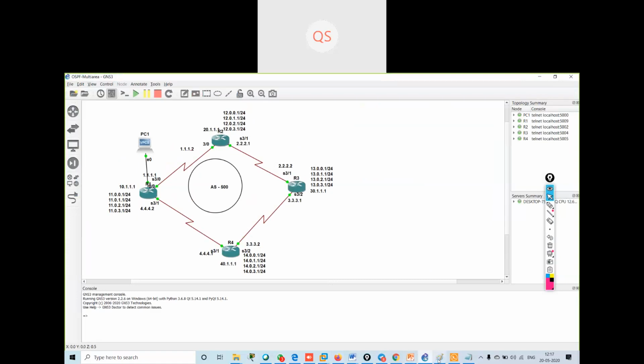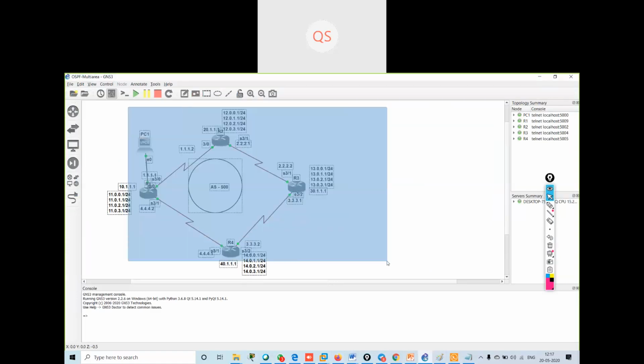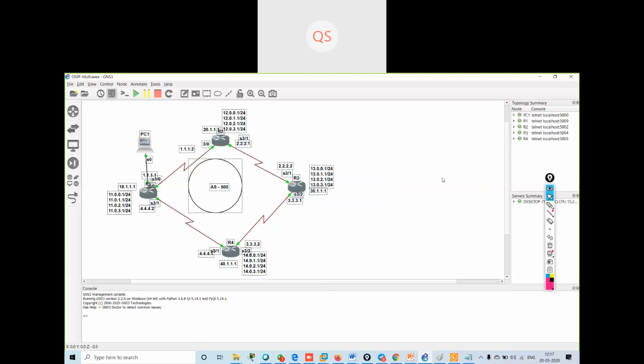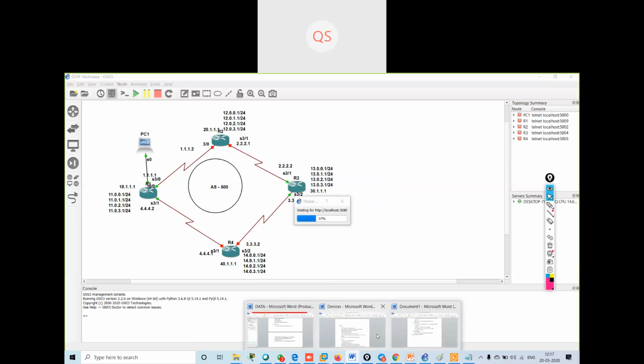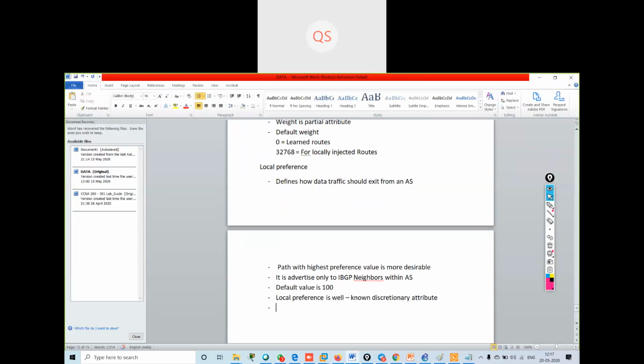We'll use the same topology. I will stop all the routers, then start all the routers. My task here is a lab for my weight attribute. I will change the weight attribute.